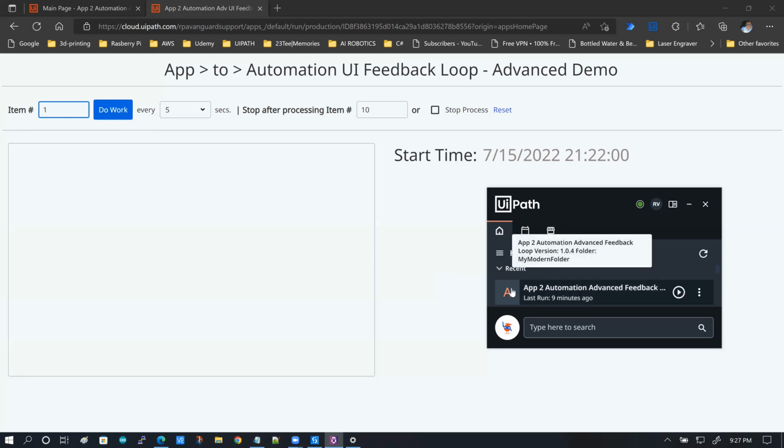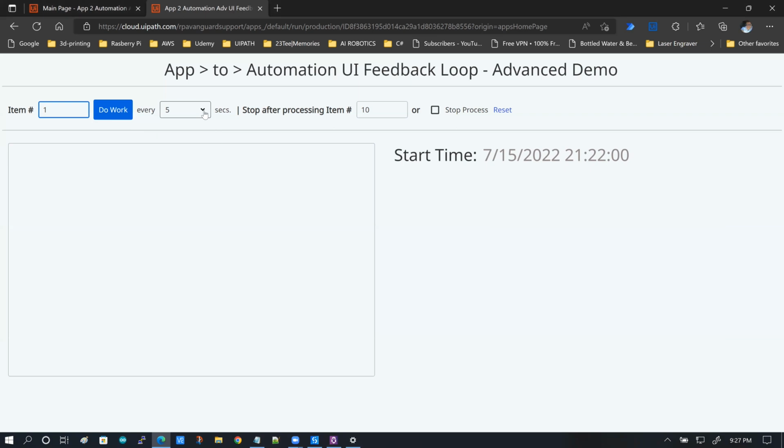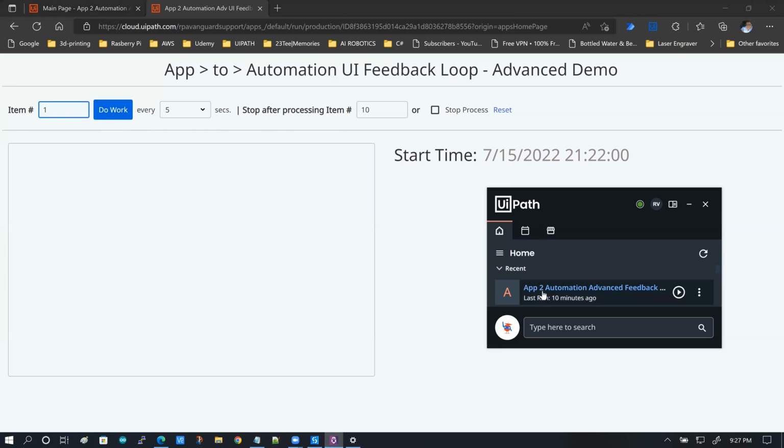And this automation is basically a bare bones shell. It just simulates some work, and that work is basically a pause. It pauses for 5 seconds or 10 seconds or whatever time you set from this drop-down box. So what happens is that the do work button is clicked, the app calls out to this automation,